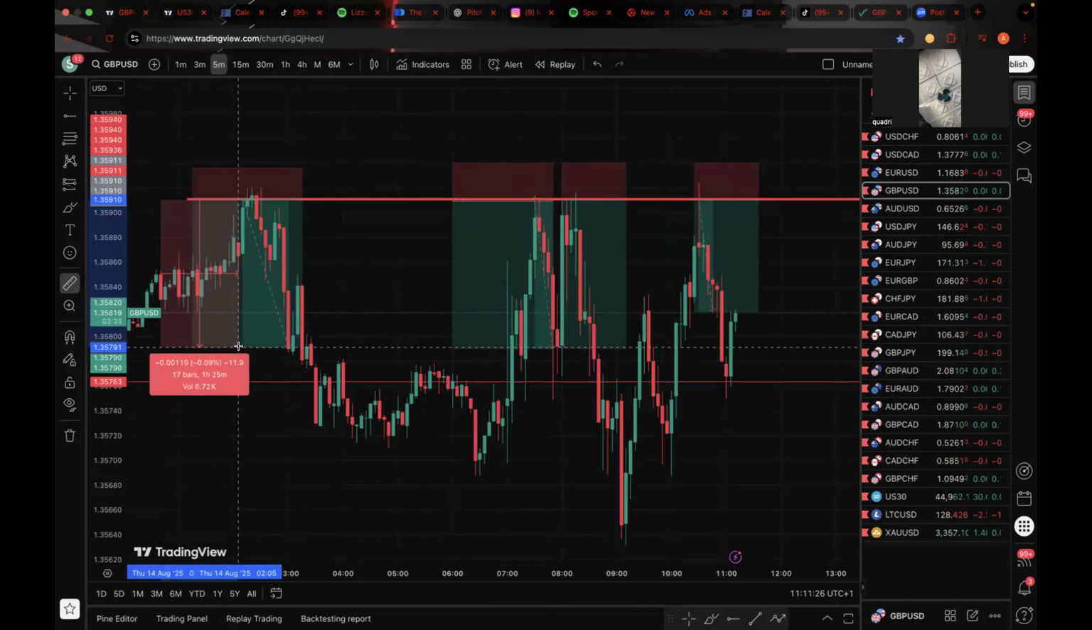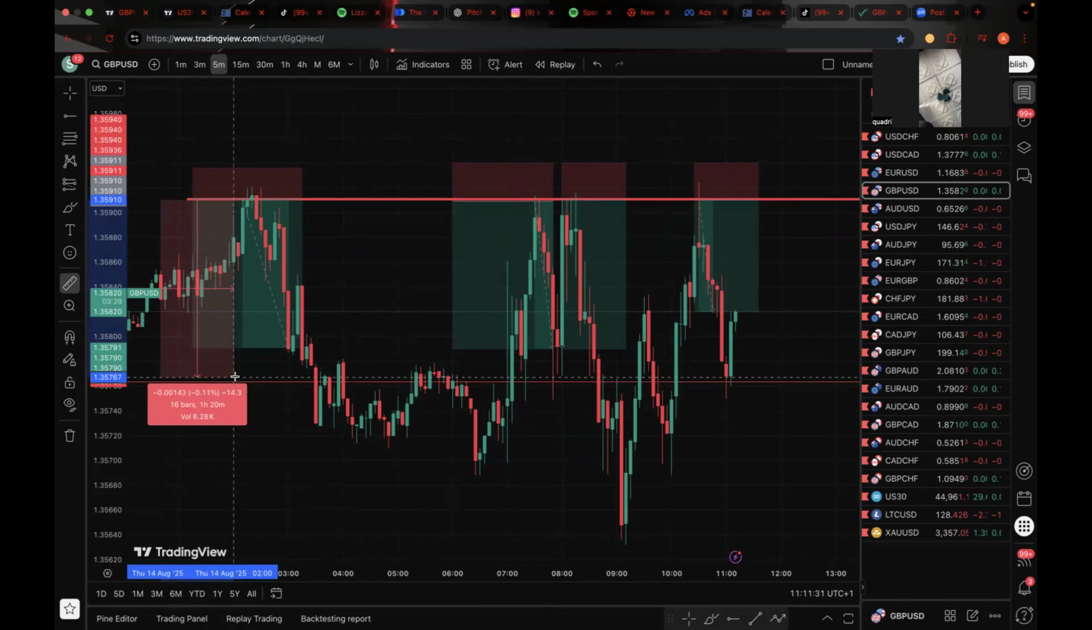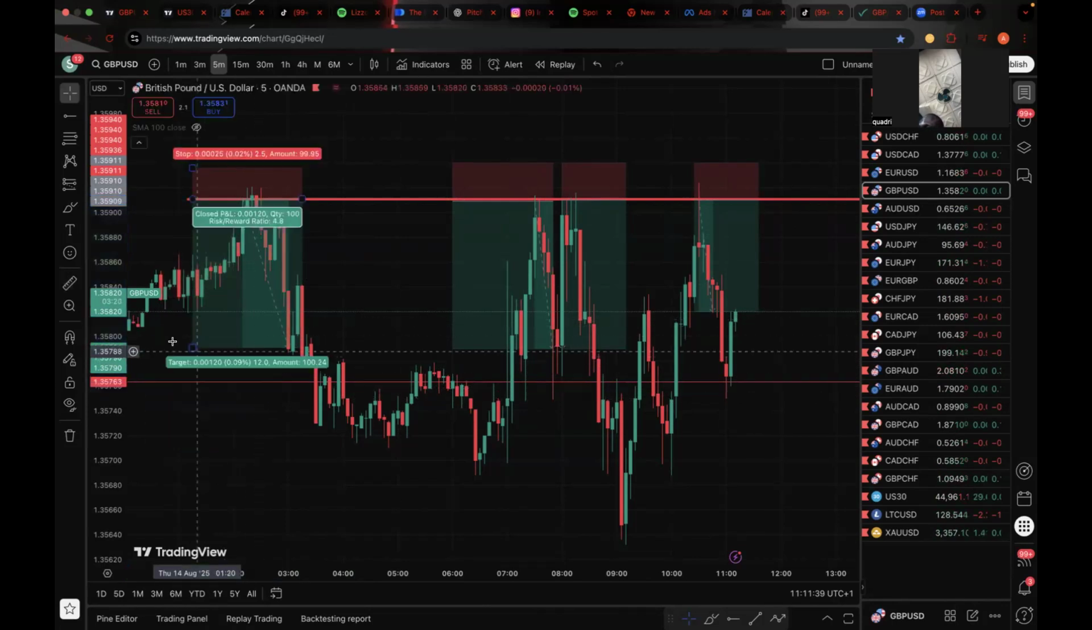10. All of them moved even as high as 16. All of them moved as high as 16. So even if I had used a 16 pips TP,